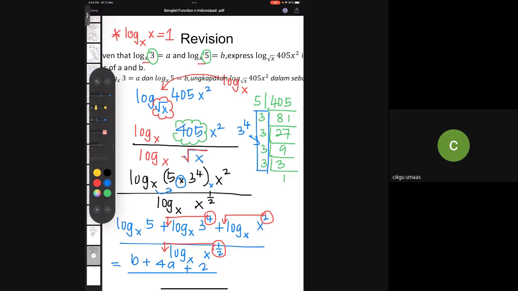Divide 1 over 2. And all of us know when I say divide by 1 over 2, when it changes to become multiply, it is 2b plus 4a plus 2. If you want to leave the answer, okay, any technical part you don't understand,